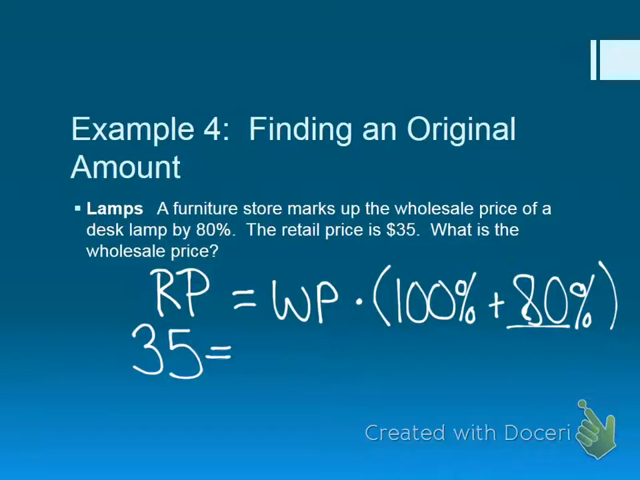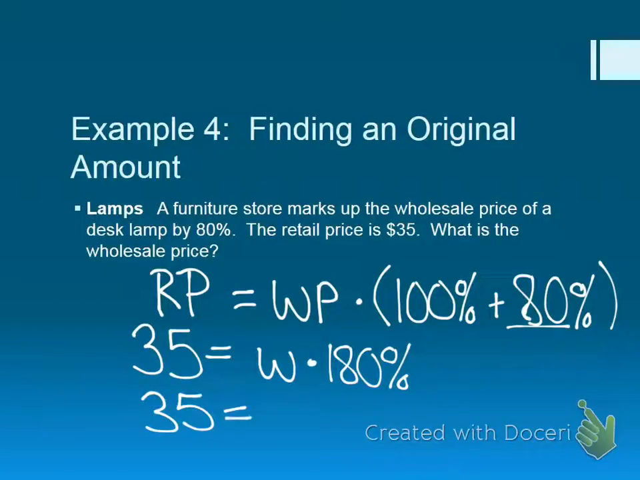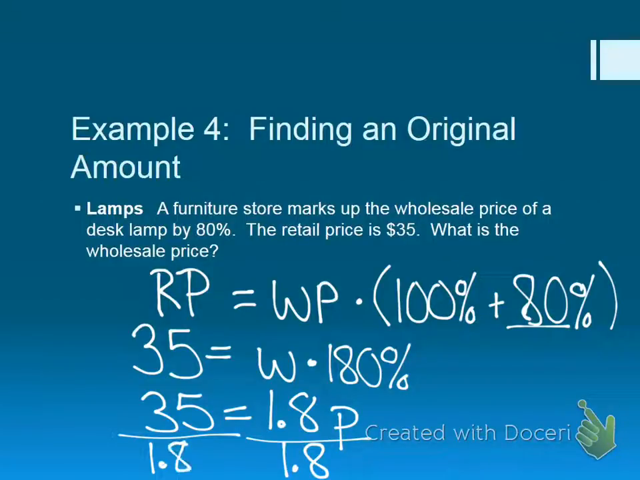35 equals, I don't know my wholesale price, so maybe I'll use W for my variable, times 180%. Well, anytime I multiply a percentage, what do I have to change it to? Decimal. So 35 equals 1.8 W. What do I divide both sides by? 1.8. I'm sorry, why did I say P? W. Sorry. 1.8 W. It really doesn't matter, but we stay consistent. 1.8 W. And W equals